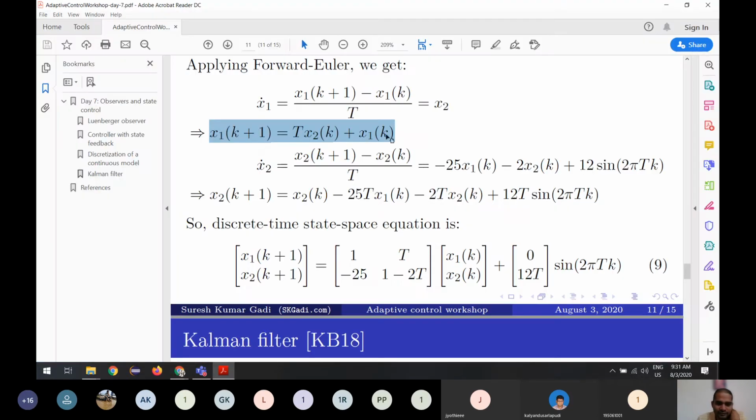So if we have this difference equation, instead of k, if you use k minus 1, what happens? If you apply k is equal to k minus 1, this will become k, and this will become k minus 1. So what we can say, the present value depends on the past values, right? It's the same way of saying the future value depends on the present and past values, or we can say the present value depends only on the past values. So it's a causal system. It's a different way of saying, but it's the same thing.